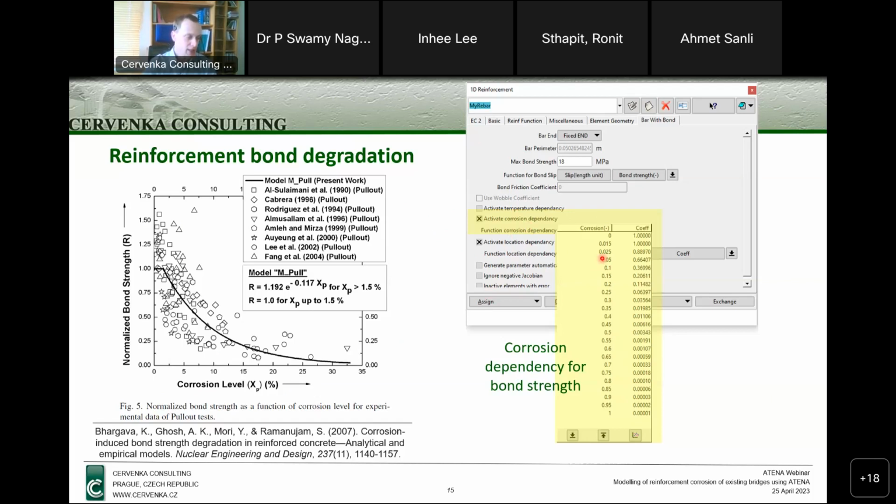In here, I show just the data from this paper, where they measure the bond strength at different corrosion levels, and also summarize the research